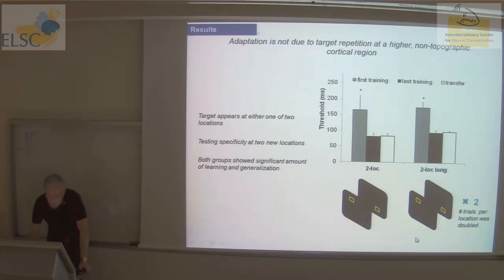From the point of view of global adaptation, if it's some higher level receptive field non-topographic cortical region, you should get the adaptation effect. But we get transfer. So this implies that this is local adaptation. And we double the number of trials and still get transfer. To further show that this is local adaptation,